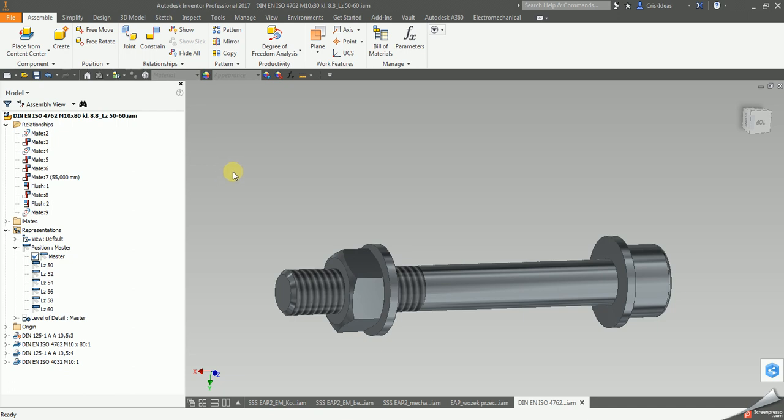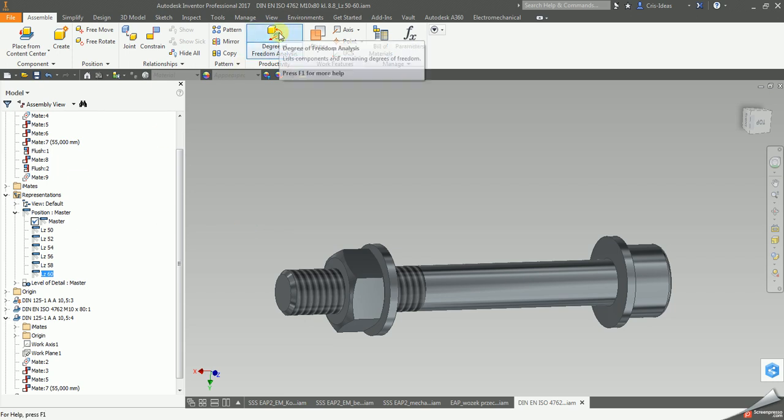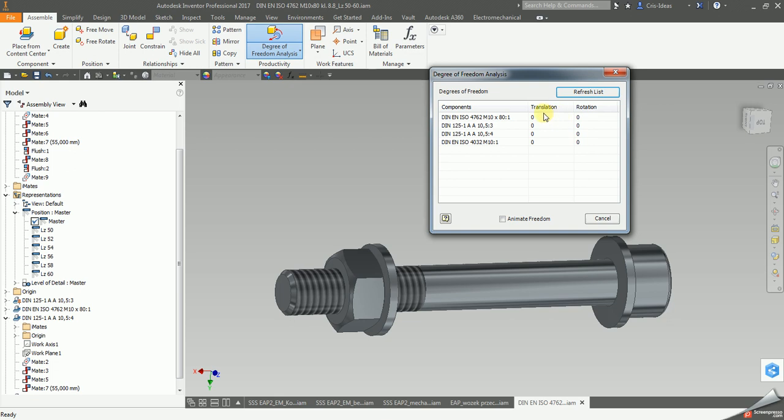Here I have an assembly of the bolt, and I have discovered another inconsistency in inventor. So in this assembly I have a bolt, two washers and a nut. I have a constraint that defines the distance between those two washers that I use for various positional representations representing values of clamping. What I have found is that when I do a degree of freedom analysis, now the analysis